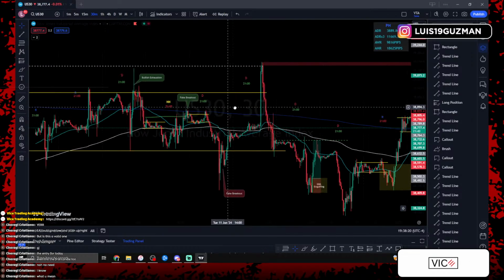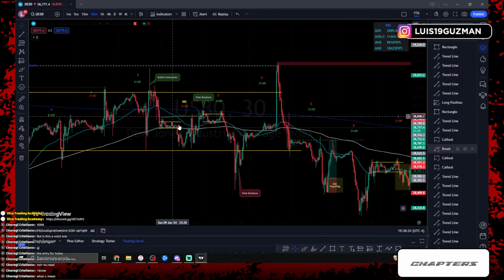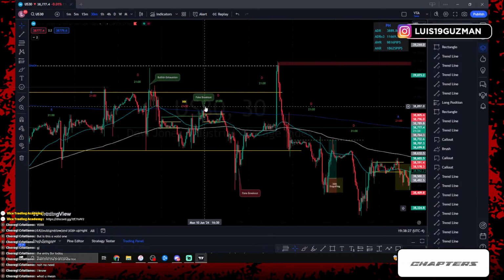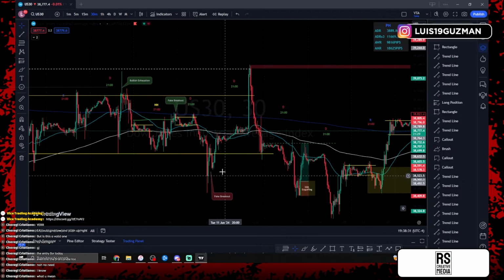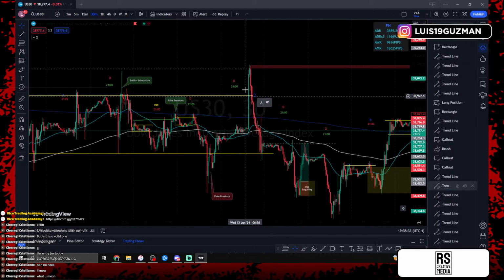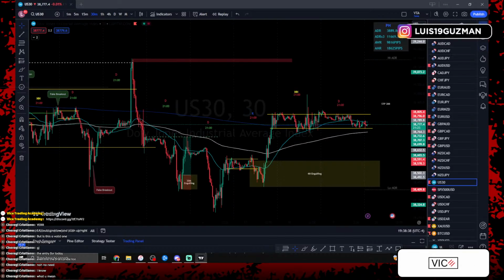But it's the same thing we were talking about last week, right? We had a bullish exhaustion, went right back down to the bottom. We had a fake breakout of the highs. Once we got the retest of the fake breakout, we went right back down to the lows. Fake breakout of the lows to continue to push to the top side. So we just have to continue that same trend and we'll be fine.